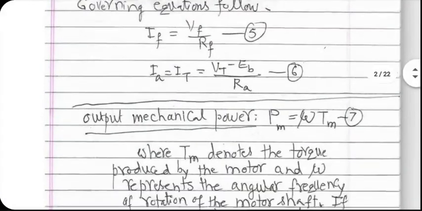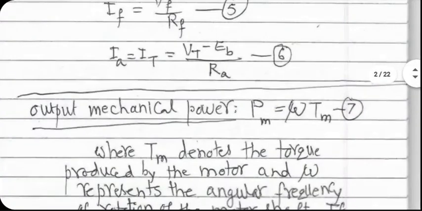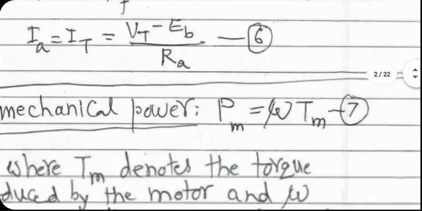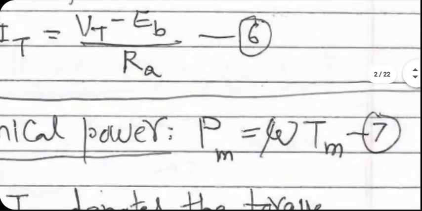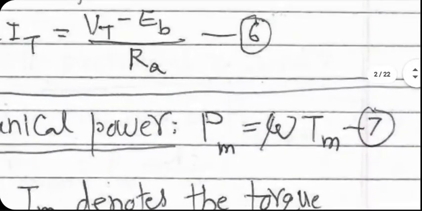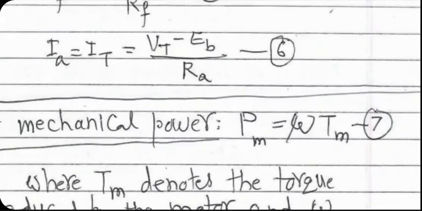And the output power produced by the motor, supposing we know it, let's call it PM, that means actual mechanical power coming out. As I told you last time also, a related term to that power is the torque produced, and they are related by this equation. I think I did this last time also. Omega is 2 pi n divided by 60, where n is the RPM with which the rotor is rotating.